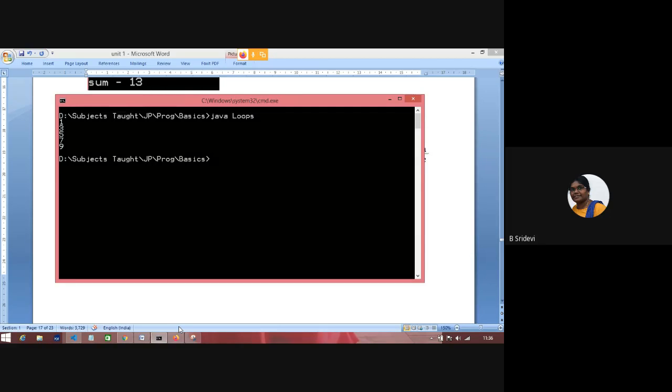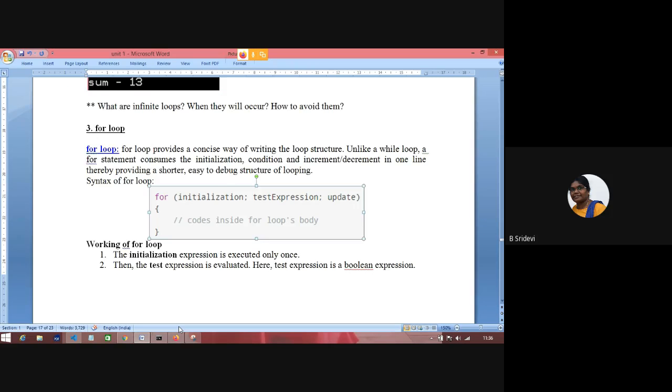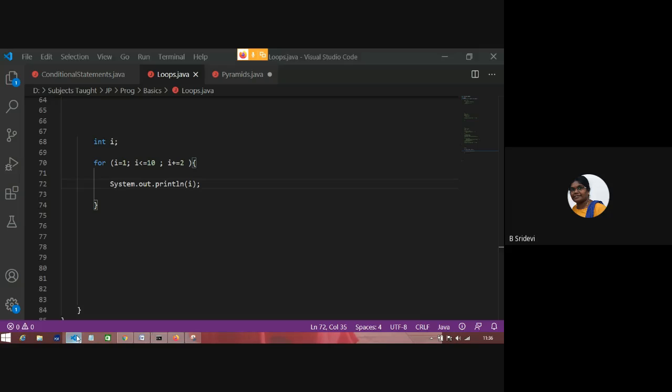So it's printing numbers 1, 3, 5, 7, 9. 9 plus 2 is 11, no? When i is equal to 1, 1 is less than or equal to 10. So first this one gets executed, i is equal to 1. So first initialization happens.